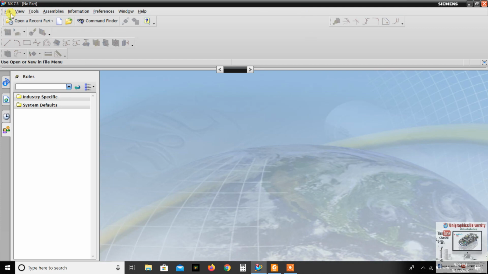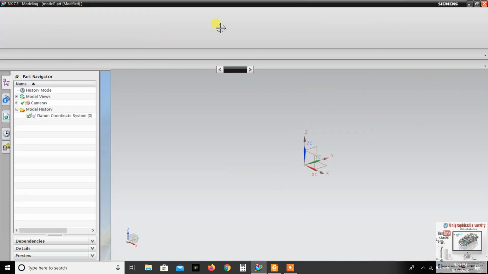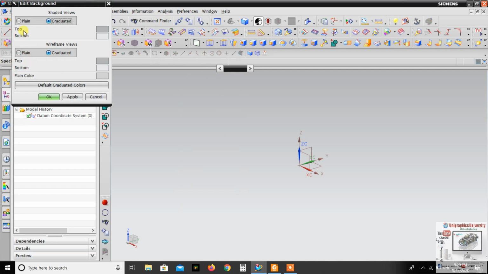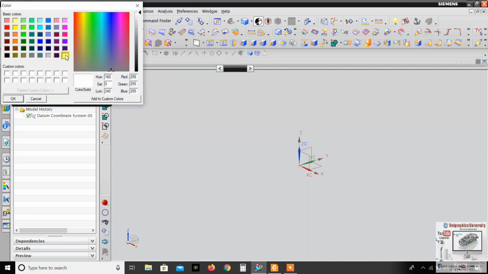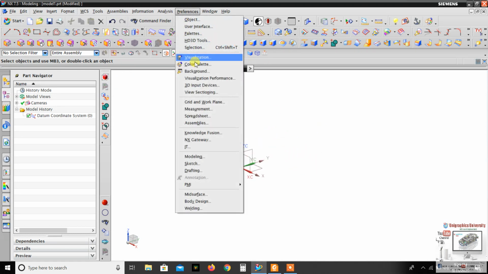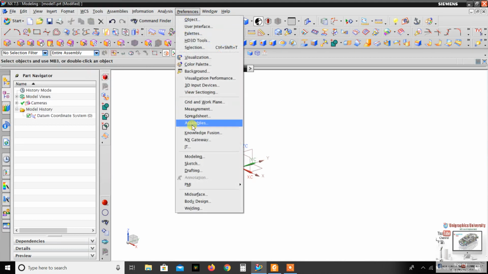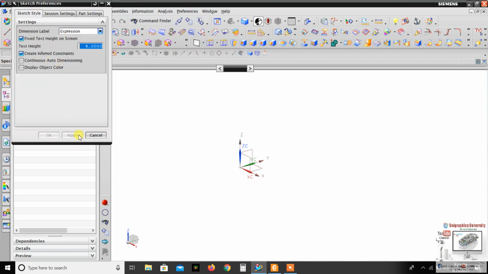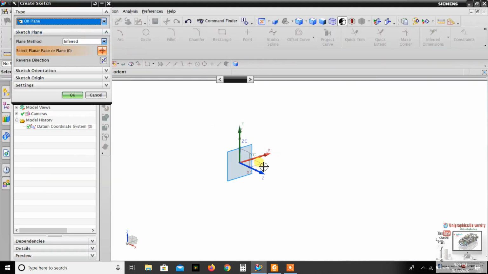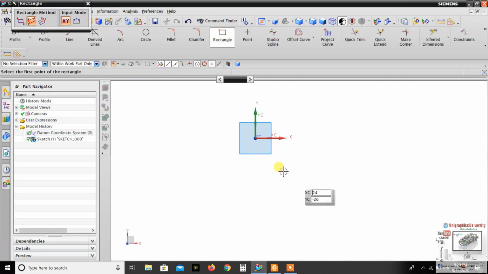Let's start. Unigraphics, file, new. Okay, change background. Preference, background, white color, okay. Then switch off auto dimension. Preference, sketch, already switched off, okay. Insert, sketch in task environment, select top plane, XY plane, then just make one